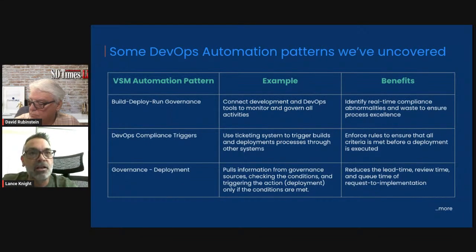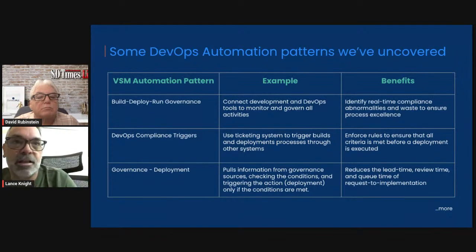And at Connect All, we're talking about a certain set of patterns that exist in everybody's value stream. And you should think about, how can I automate those patterns? How can I look at metrics in a certain way to see the patterns for improvement, right? So these are just a couple examples. We have, I don't know how many, value stream automation patterns there are out there. We had a lot of trouble at Connect All coming up with them because it becomes unbounded. There's so many different patterns.